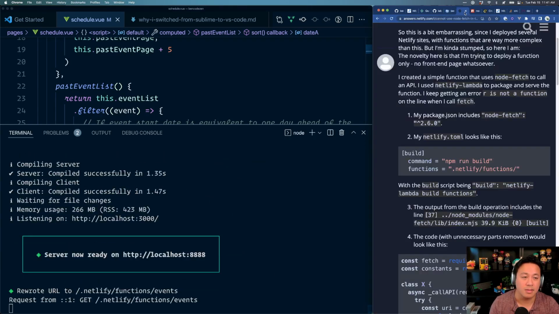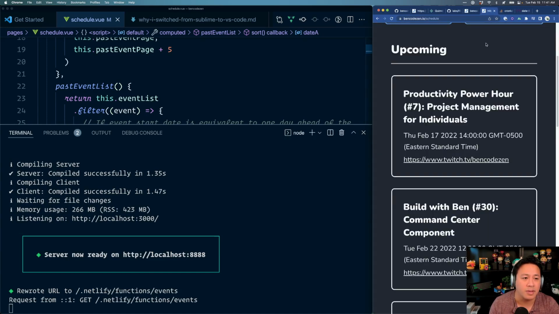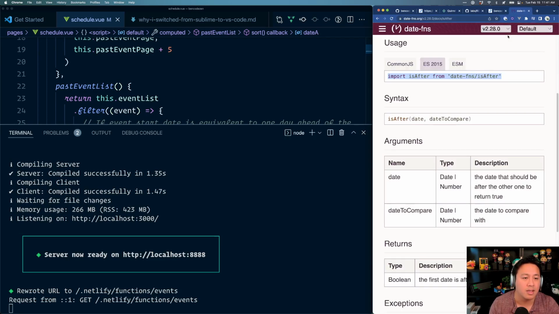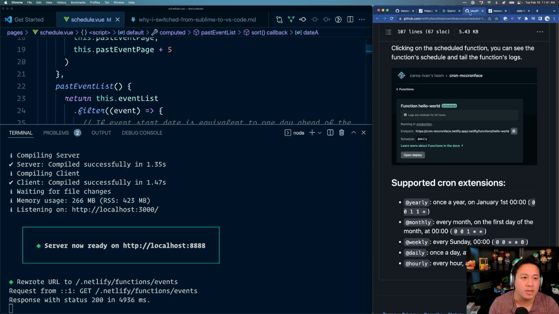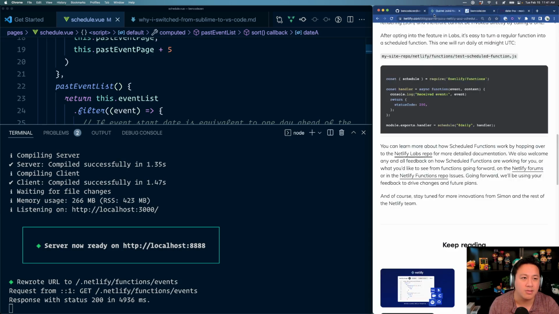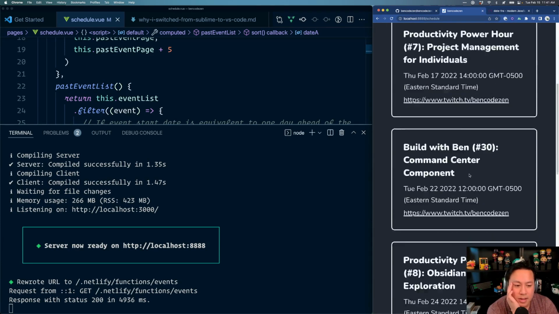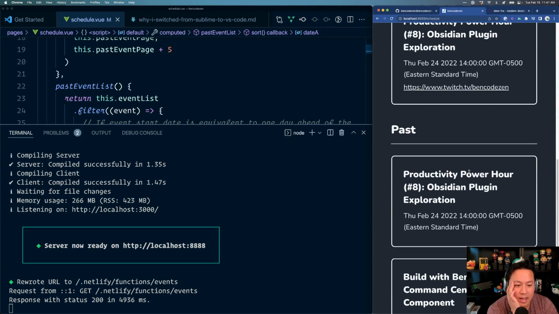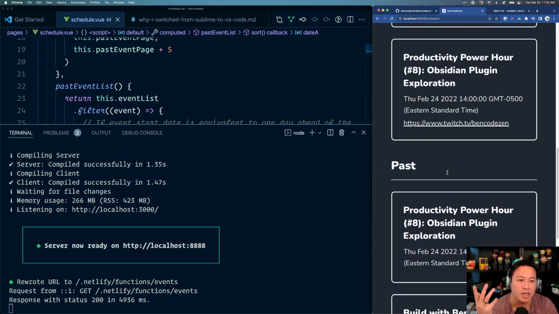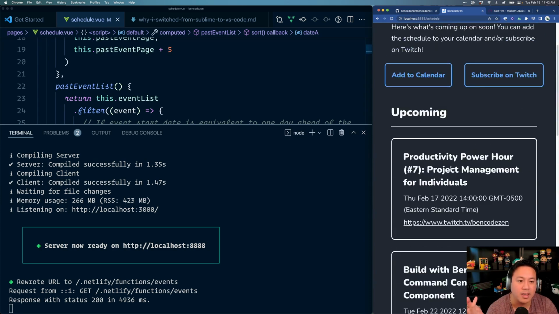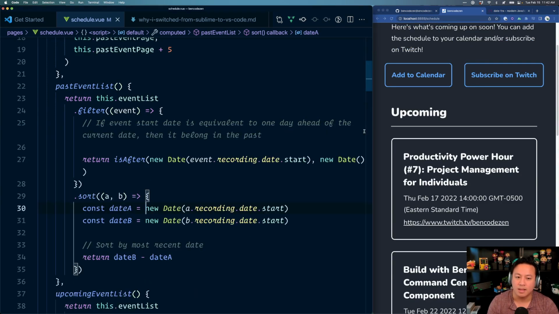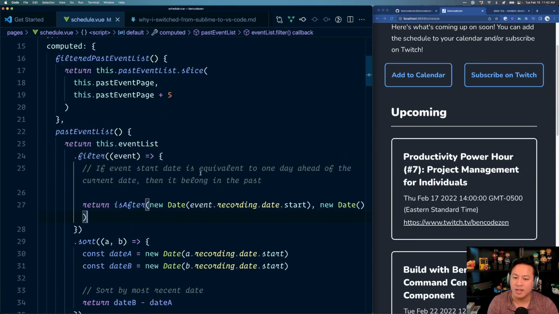This is good. In the meantime, let's close some of this so that we have fewer tabs running. Date functions, we don't need this anymore. So yeah, that schedule function didn't take a lot of time, which I'm happy about, because what that ultimately means is we can spend more time doing some other stuff. So we look at the past now. Okay, now we'll see that actually productivity power hour is the last thing that's happened, which is good. Now build with Ben 29 is not showing up, but that makes sense because now that we've done the isAfter,